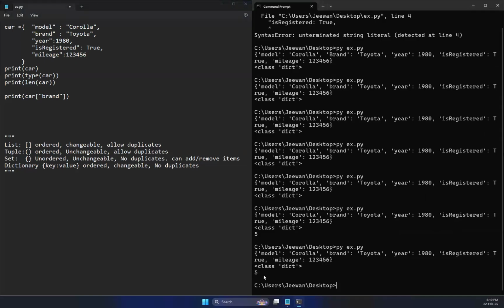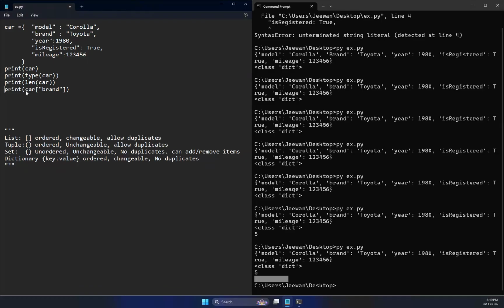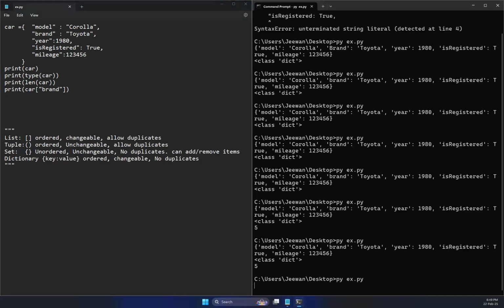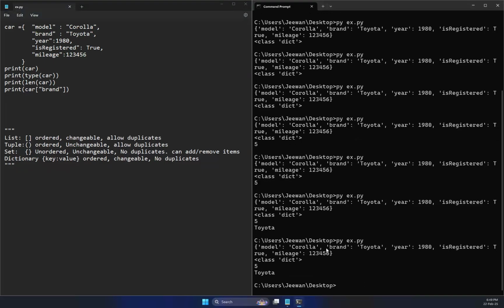Okay, but it is not printing. Do you think what is the reason behind that? Now I'm trying to get the value for the key brand, and I'm going to print. Why is it not printing? Yes, it is printing. Now you can see it is Toyota. This is how you access the values